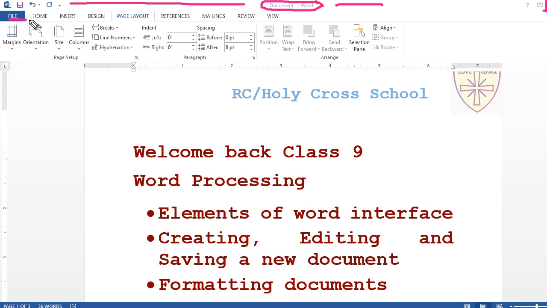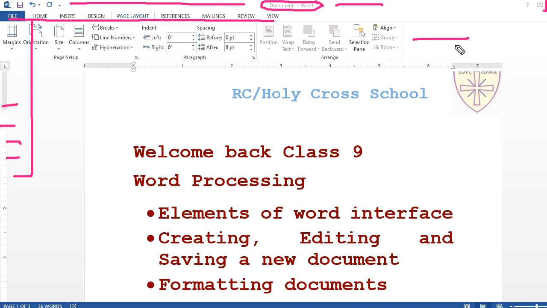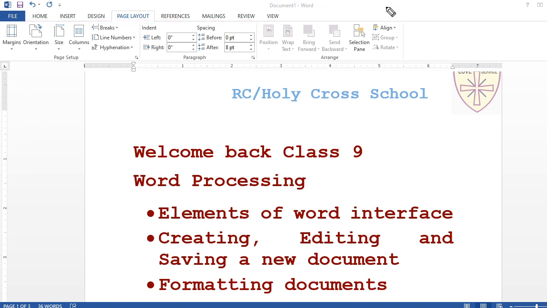After that, this one is the menu bar. Different menus are here, and each menu has a ribbon. We no longer have the concept of formatting and standard toolbars, or clicking a menu and having it drop down. Instead, for each menu we have a ribbon.